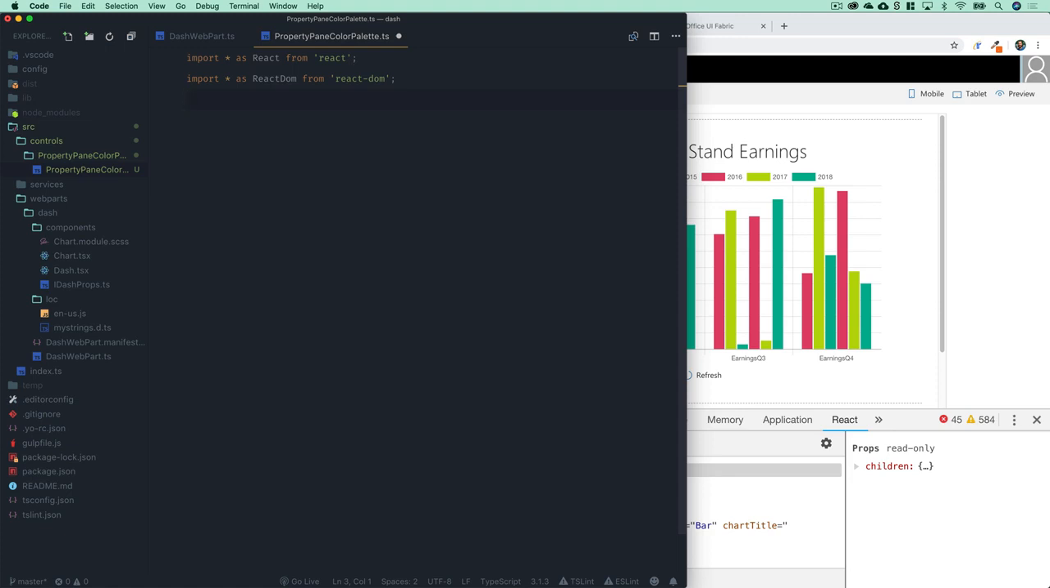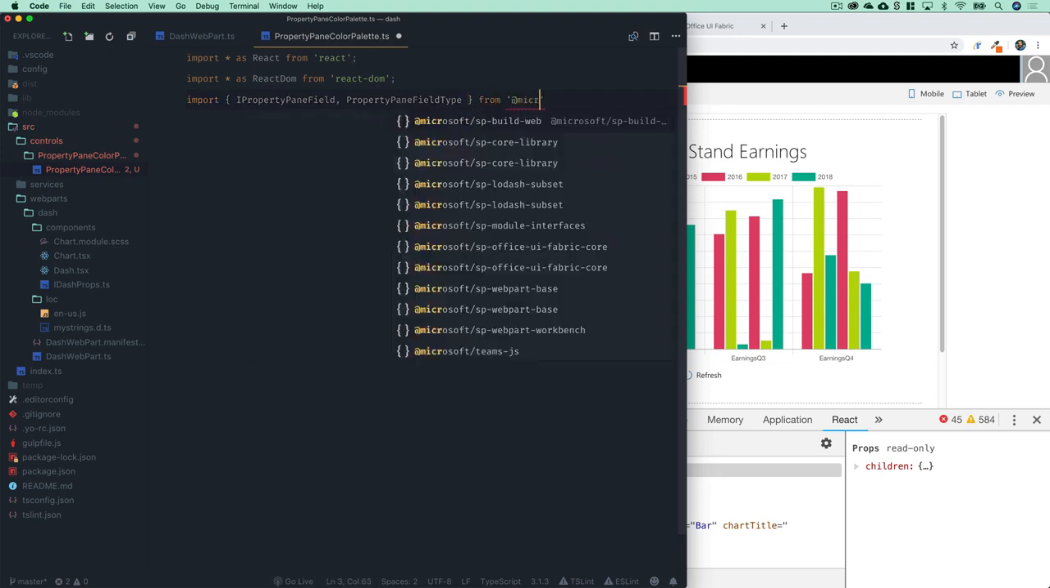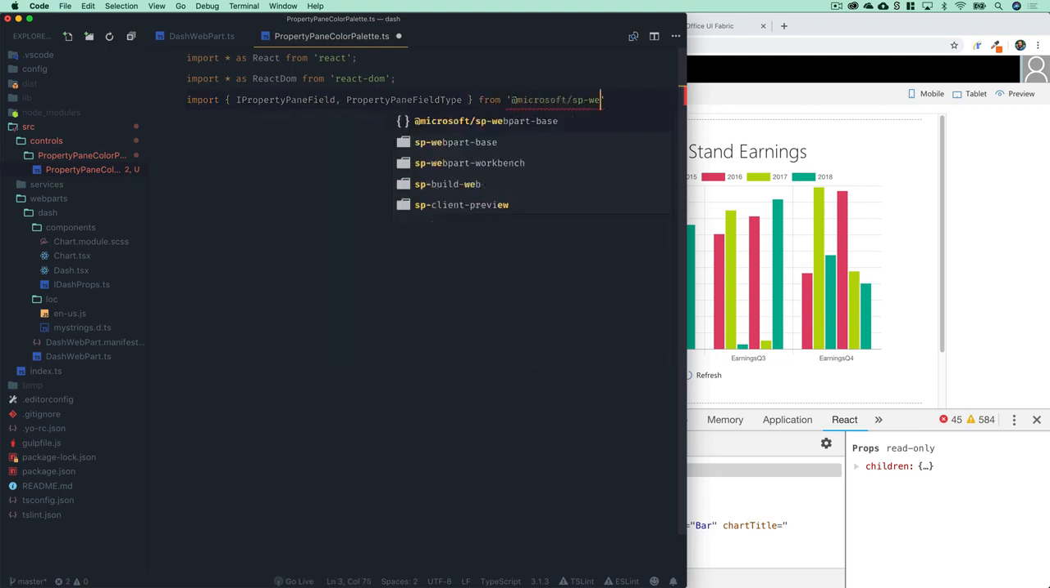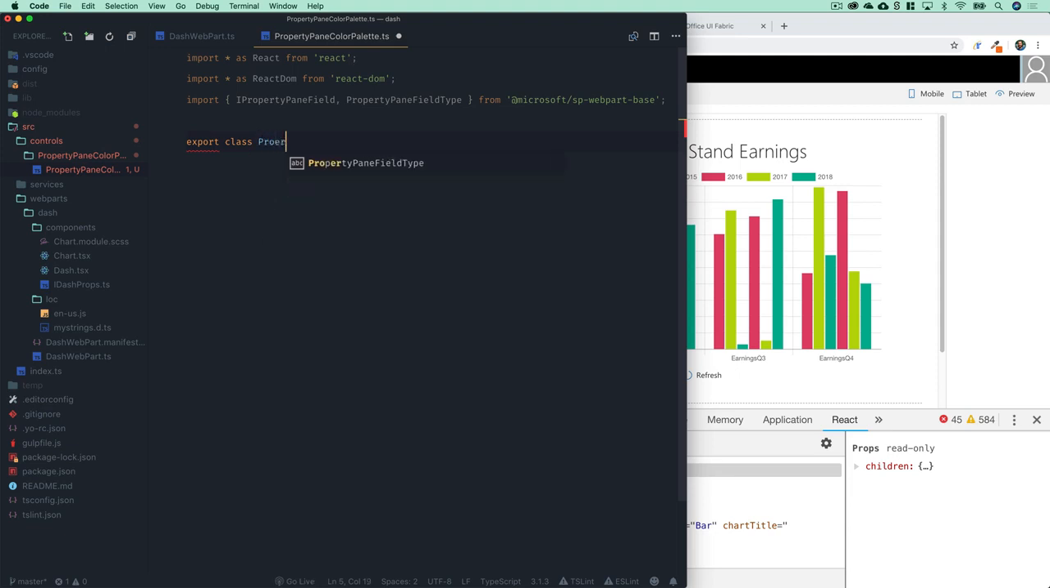We do need to inherit and get some of the standard functionality you get with a property pane control in order to create our own custom one. So let's import IPropertyPaneField as well as PropertyPaneFieldType from @microsoft/sp-webpart-base. And now that we've done these three things, we can create export class PropertyPaneColor